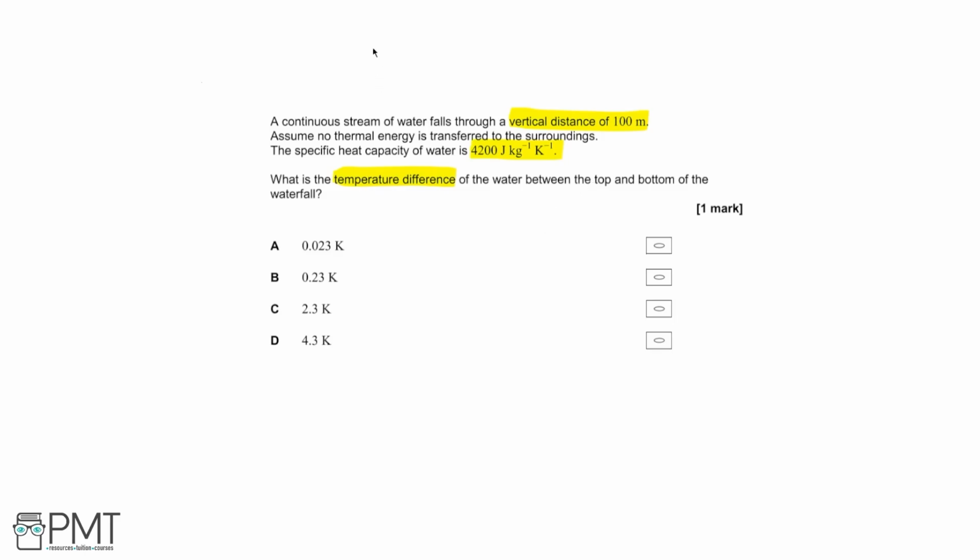In order to answer this question, it is helpful to consider the energy transfers that are involved with the water falling through the vertical distance. Specifically, if I have a particle of water that starts at the top of the 100 meters and falls the whole way to the bottom of the 100 meters, then there is a transfer of gravitational potential energy. Since the water is flowing in a waterfall, when it hits the bottom, it has to hit the ground and then flow off. What this means then is that all the gravitational potential energy, which it has at the top,